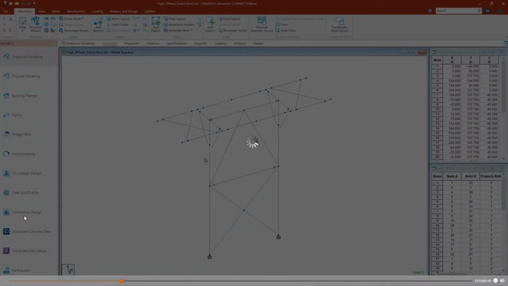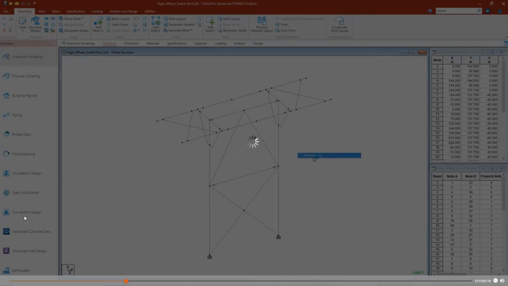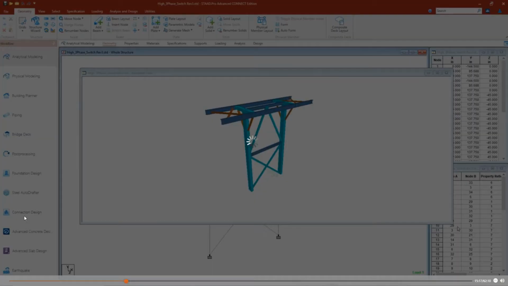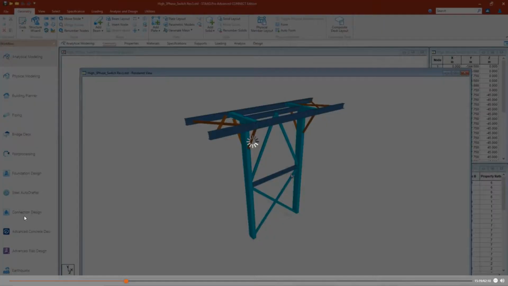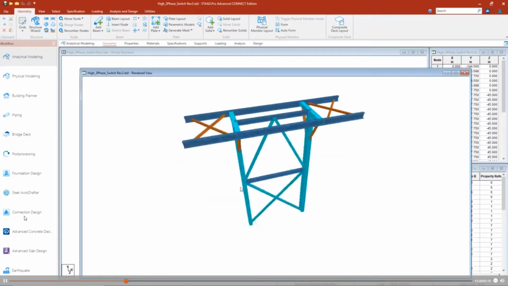Okay, so here is our above ground structure. Here we can see the 3D model. Same structure we had before